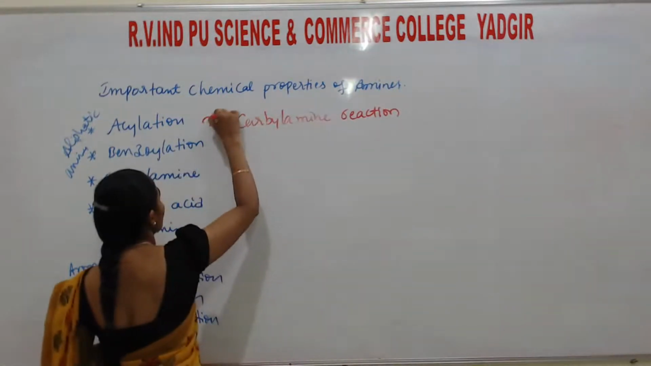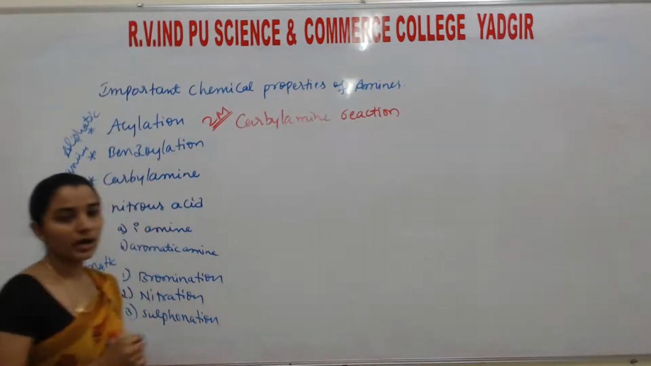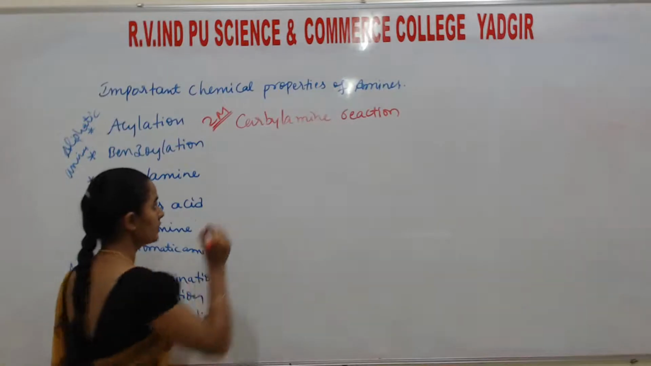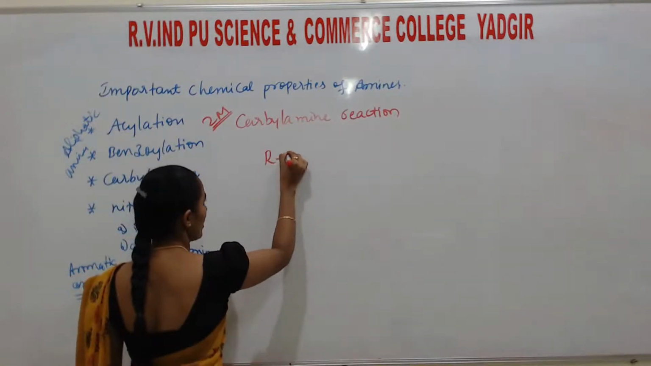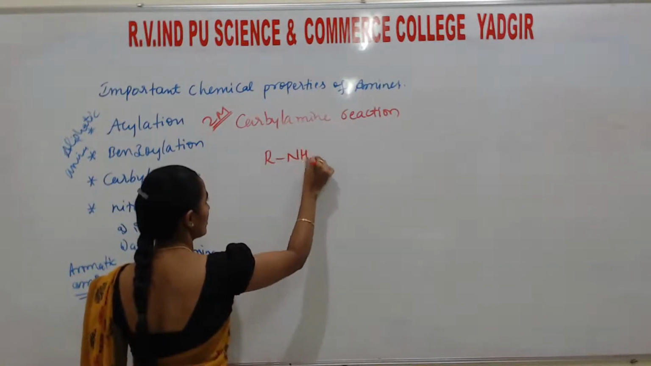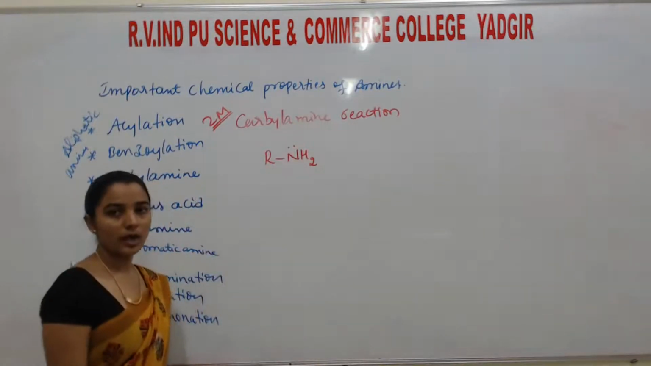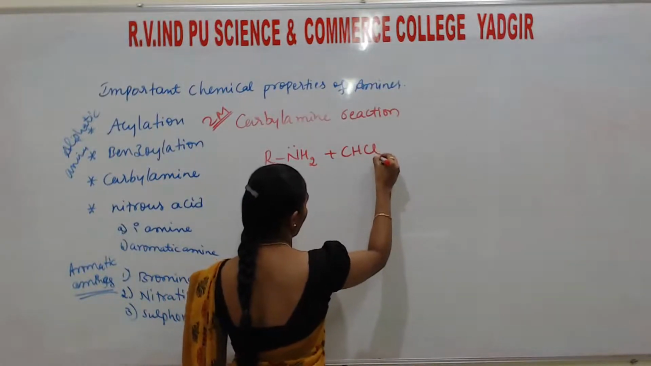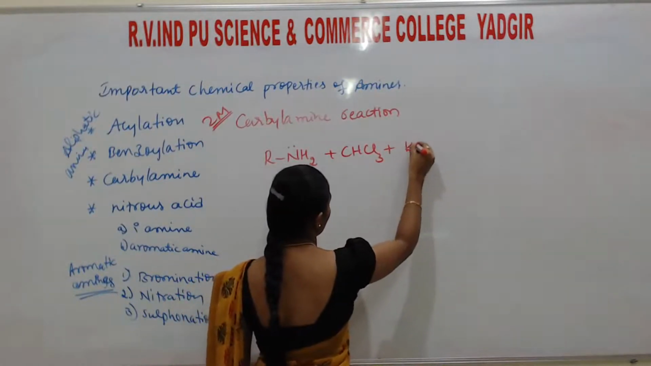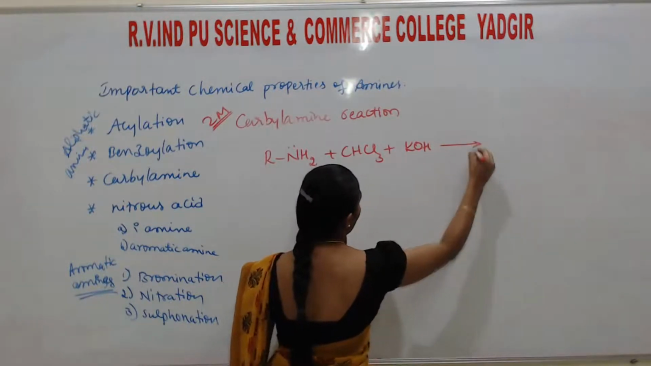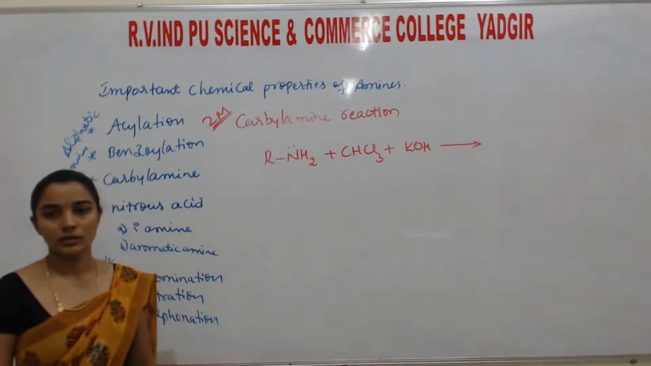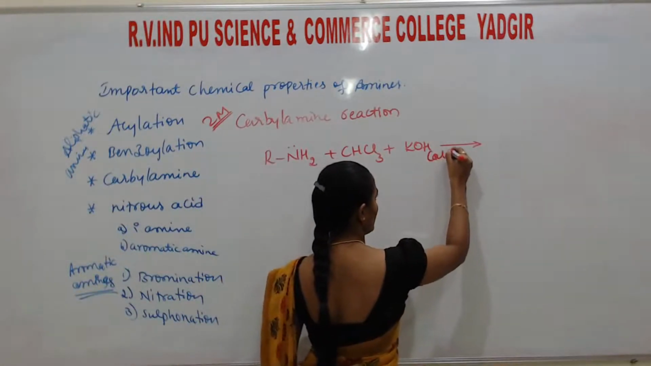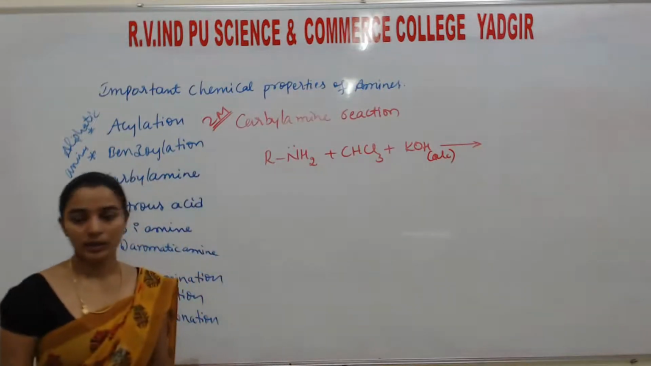This is important for 2 marks. Carbylamine reaction. So what is this carbylamine reaction? Listen. When these RNH2 compounds, that is amines, react with chloroform and alcoholic KOH,